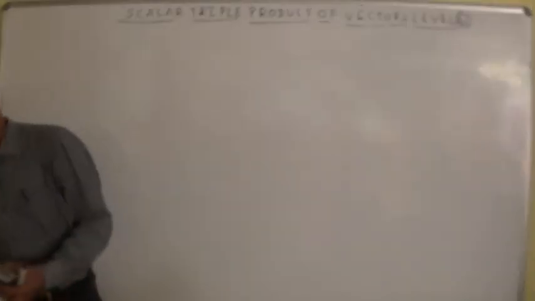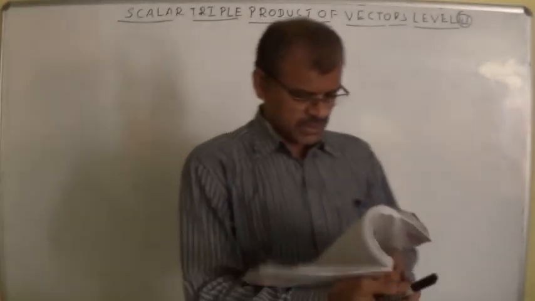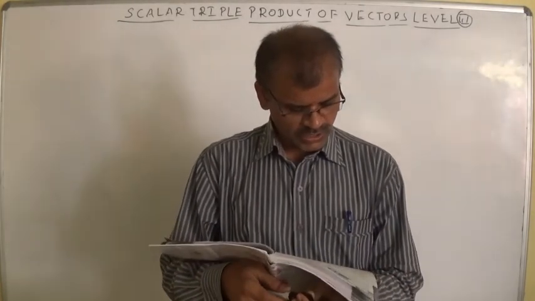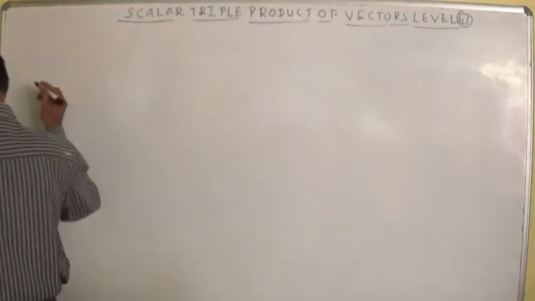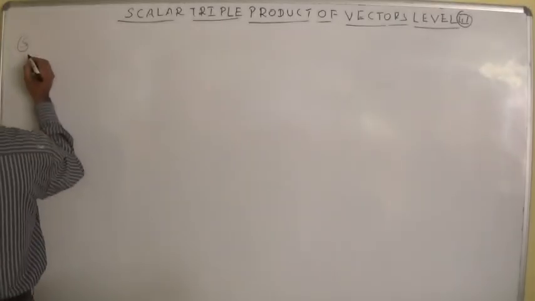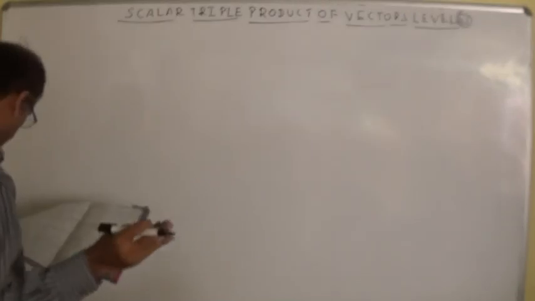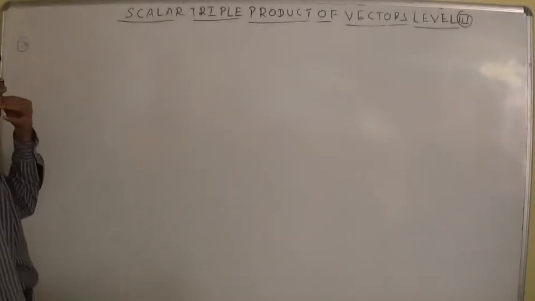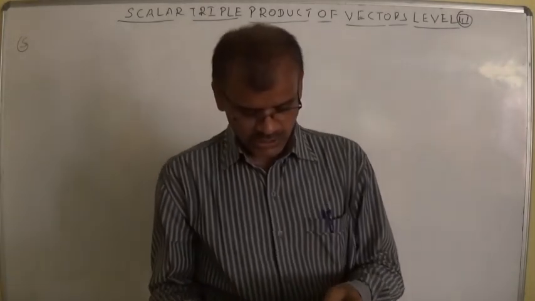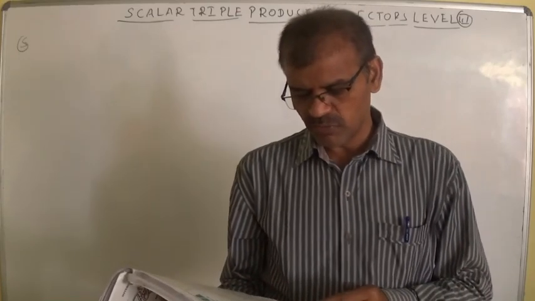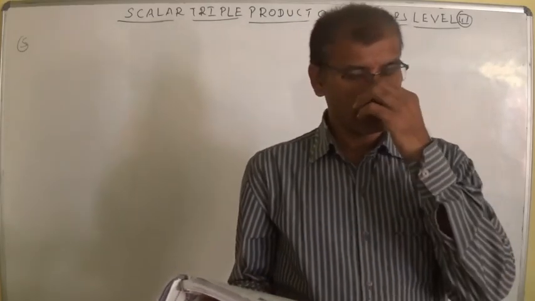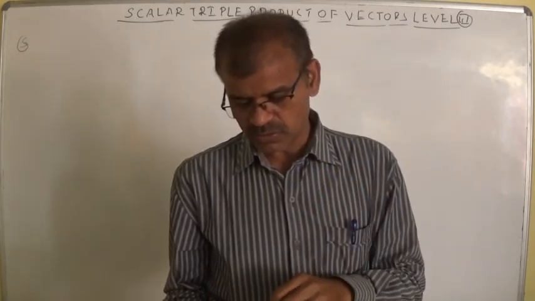Fifth question. Read the data. The ratio between volume of tetrahedron and volume of tetrahedron formed by joining the centroids of faces. By taking origin, centroid of tetrahedron is generally a by 4, b by 4, c by 4 like that. So 1 by 64 should be there, but the number 64 is not there. So first one should be origin, we should consider according to option.